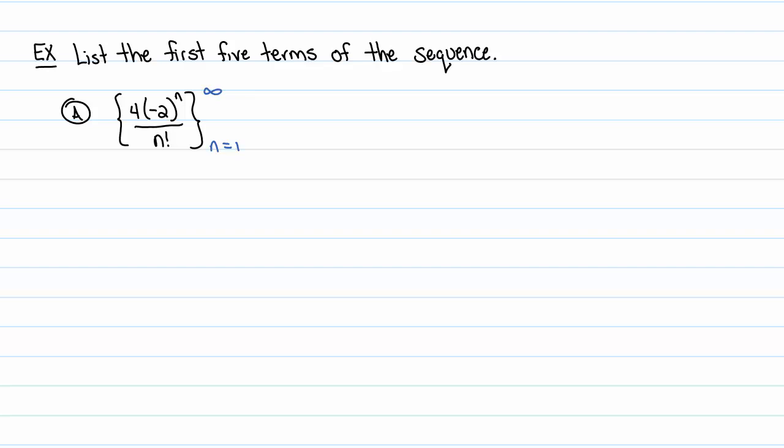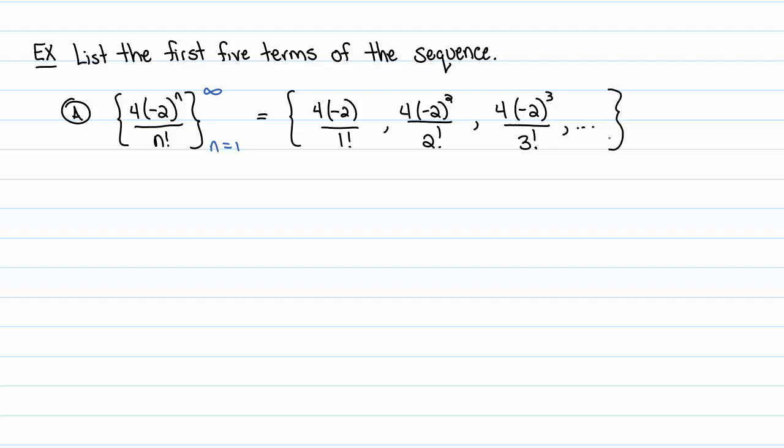So if you see a sequence written like that, it is generally assumed that it's going to start at 1. So in this case, I'll just start writing out the terms of the sequence here. When n is equal to 1, you have 4 times a negative 2 to the first over 1 factorial. When n is equal to 2, you have 4 times a negative 2 squared, and all the way down this list, right? And I'm not actually going to go to the fifth term because